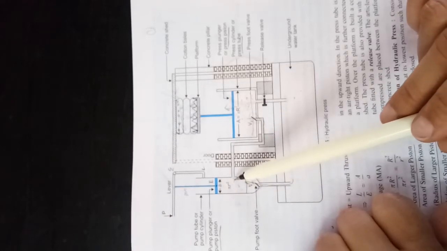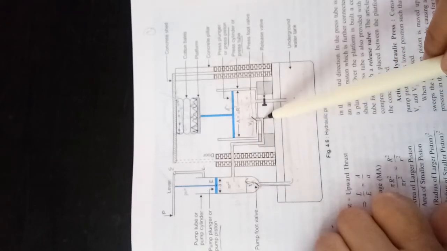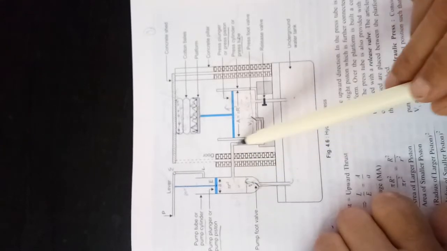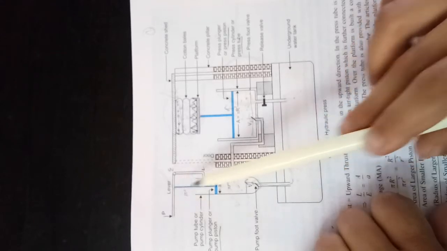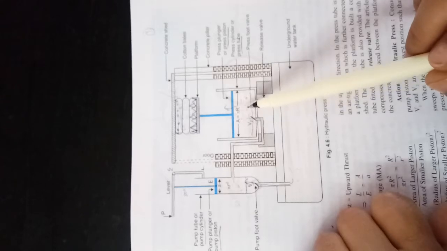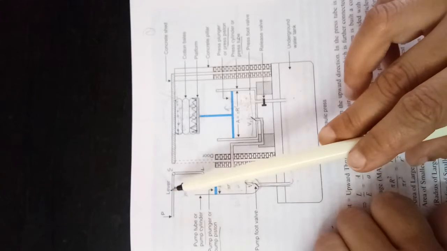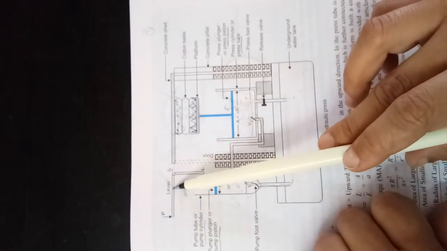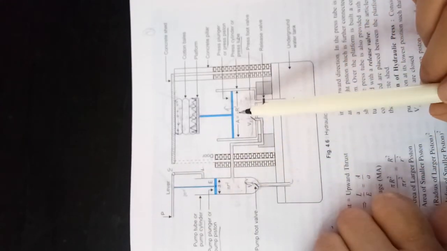Now the water moves through this pipe that is attached with the press tube. It means the water is moved from the pump tube to the press tube when we press this lever in the downward direction. Now the water is in the press tube. Now the valve B2 opens up and the water enters into this. Whatever pressure we apply on the lever, that is on the pump tube, that much pressure is transmitted to the press tube.